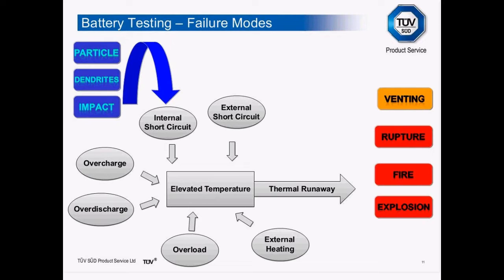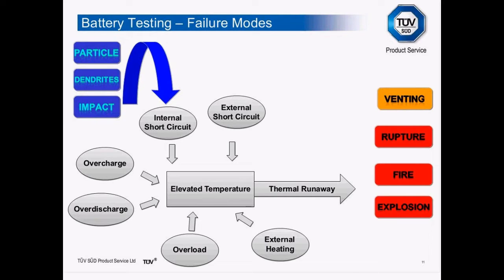These metal fibres form on the anode and eventually puncture through the separating material itself, causing a short circuit between the anode